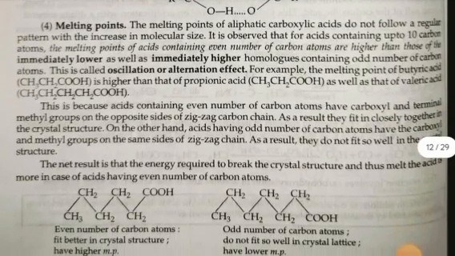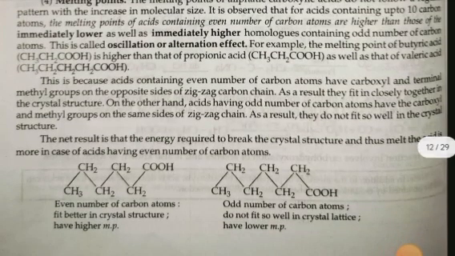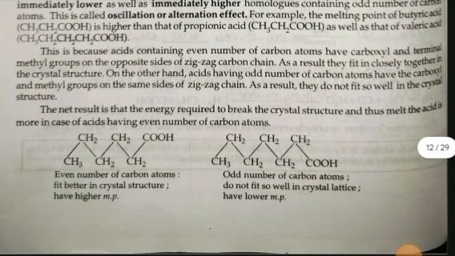The melting points of aliphatic carboxylic acids do not follow a regular pattern. With the increase in molecular size, it is observed that for acids containing up to 10 carbon atoms, the melting points of acids containing an even number of carbon atoms are higher than those of the immediately lower as well as immediately higher homologues containing an odd number of carbon atoms. This is called the oscillation or alternation effect. For example, the melting point of butyric acid is higher than that of propanoic acid as well as